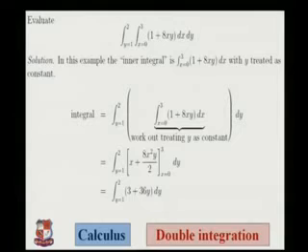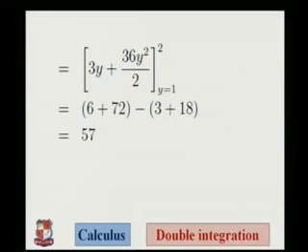So, integration of 1 with respect to x is x, and for 8xy, the integration of 8x will be 4x square, y behaving as a constant, lower limit is 0, upper limit is 3. Then simplify that, we are getting 3 plus 36y dy. Now, it is a single integration, very simple: 3y plus 36y square by 2, y running from 1 to 2. Apply your upper and lower limit, you have the answer 57. It is a very simple thing.